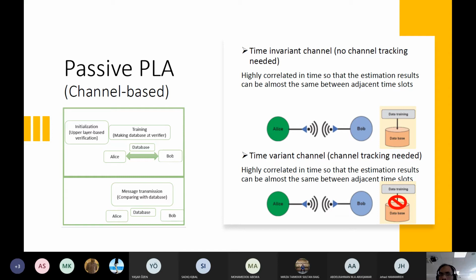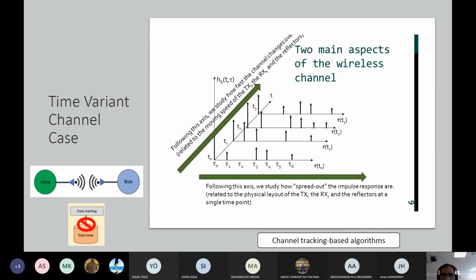So in the case when the channel is variant, channel tracking needs to be considered. There are a lot of channel tracking algorithms. We will estimate the channel, and because the channel is varying, we need to update our database based on those tracking algorithms. This is an example of the channel changing.